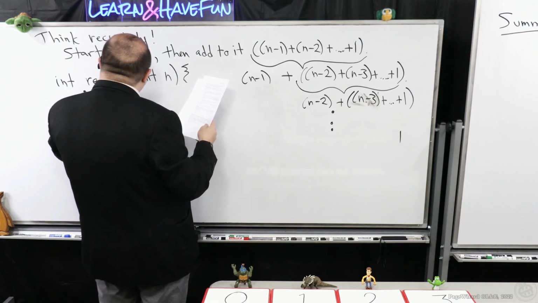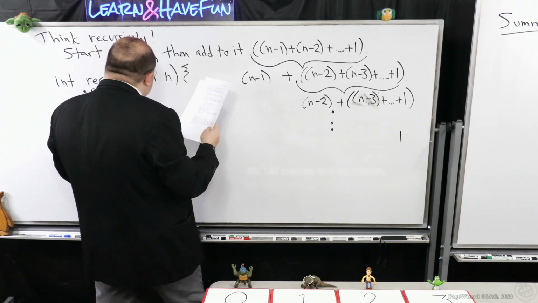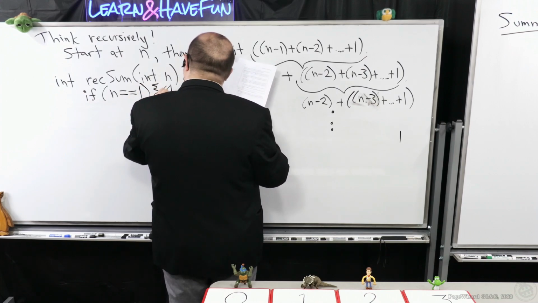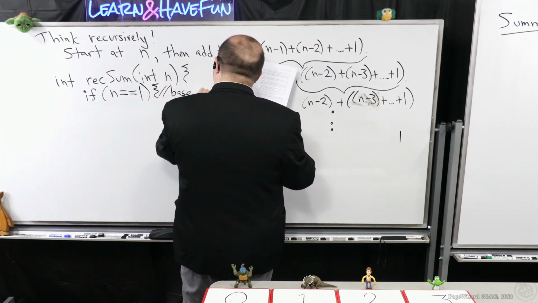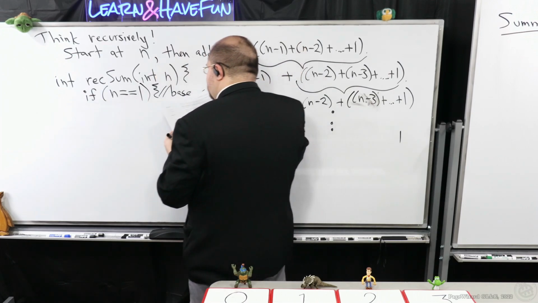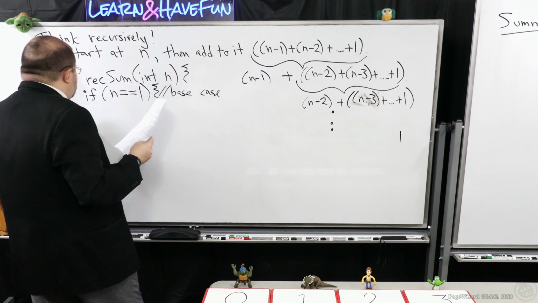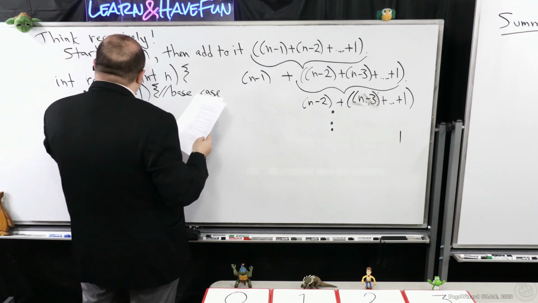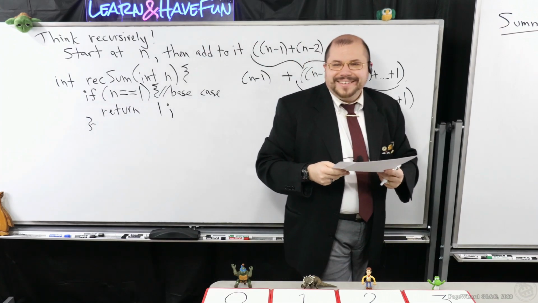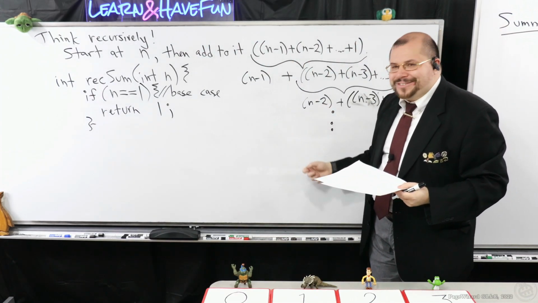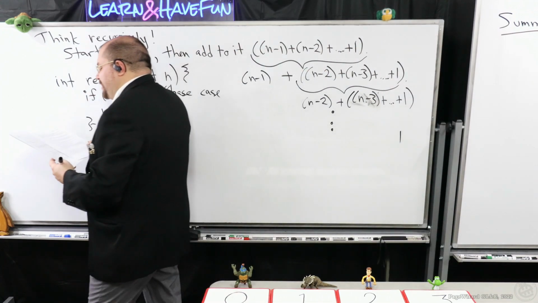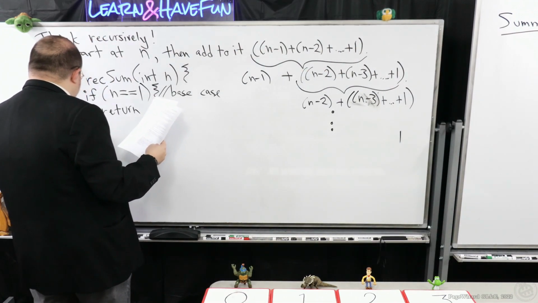So if n is equal to 1, you know the answer to that is 1, right? So this is your base case right here, just like I have over here. You know the answer here is 1. So here you're just going to return 1, right? Right, everybody? We know the answer to that. Okay. Otherwise,